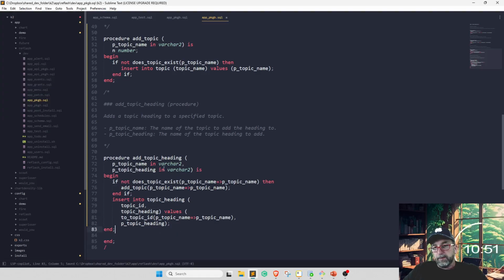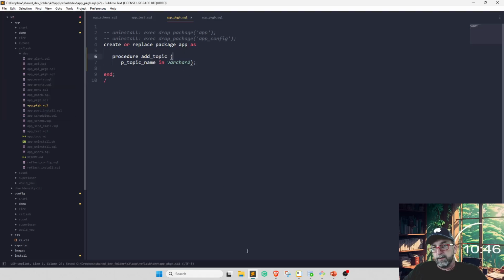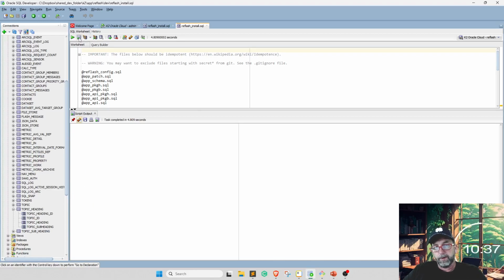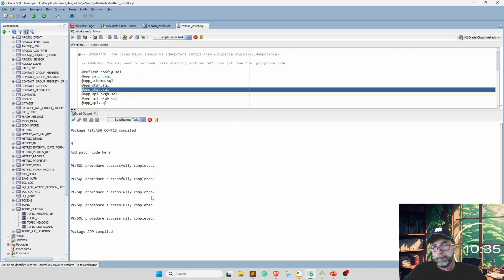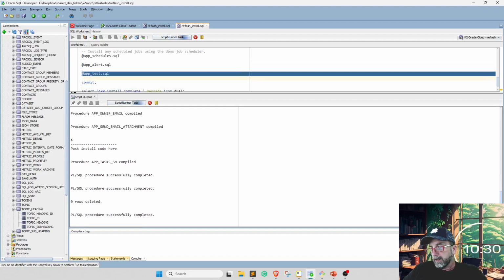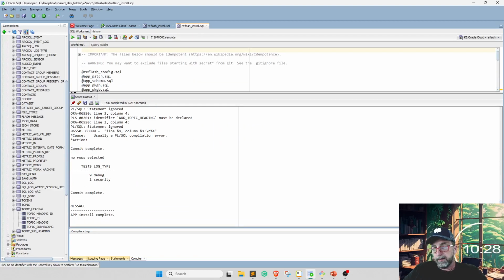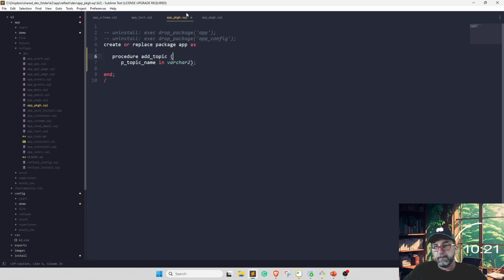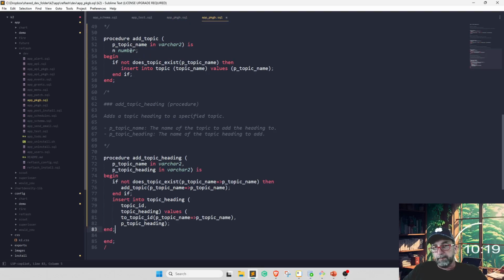Okay, let's see if this works. It never works, but what we do is go here to reflash install. This is the install file in our app directory. It's a little less than the whole K2 framework, so it runs a little faster. We always get some errors, but we just work from the top down and deal with the errors, maybe one at a time. So, to topic ID may not be used in SQL. Okay, so that happens.